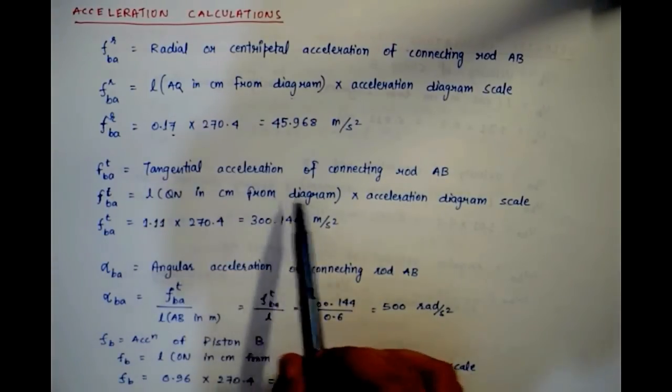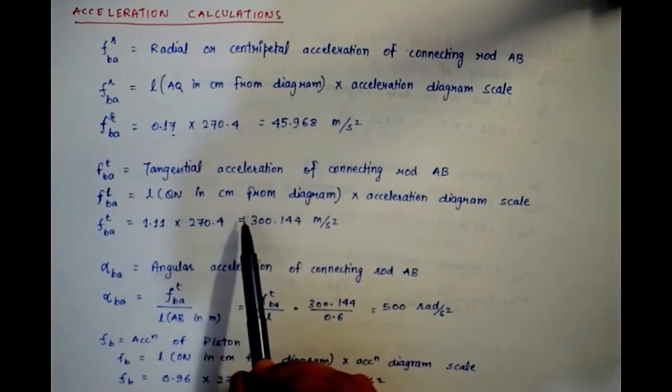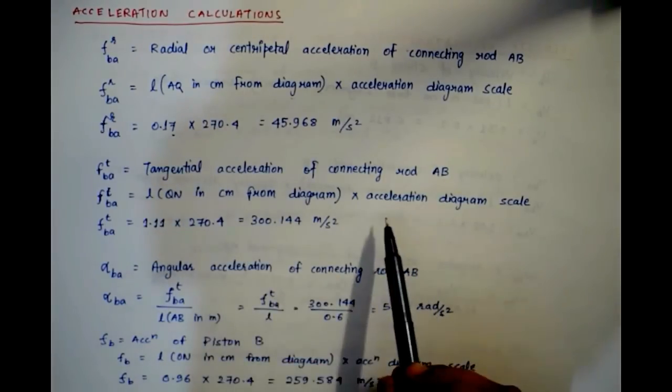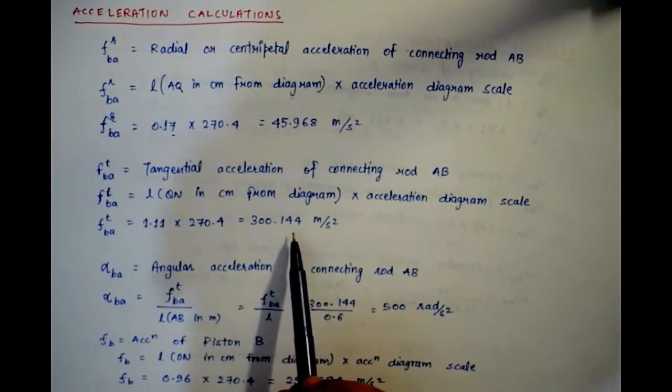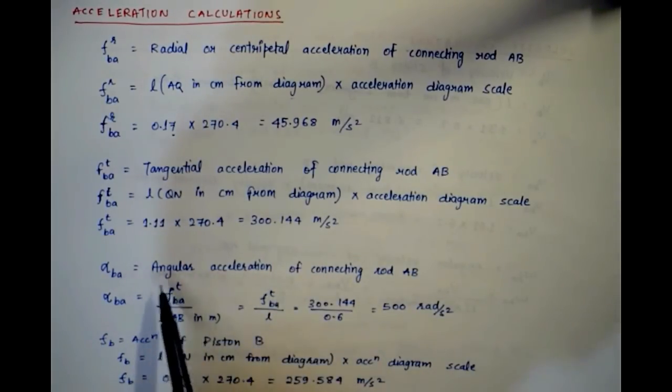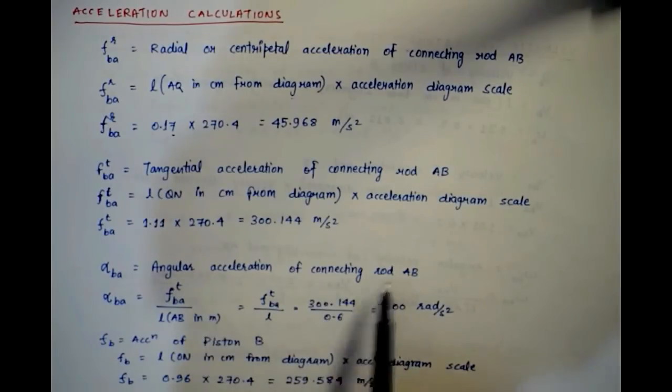Now the tangential acceleration of the connecting rod is given by QN in centimeter into the acceleration diagram scale. It comes out as 300.144 meter per second square. Now the angular acceleration of the connecting rod is given by tangential acceleration upon the length. It comes as 500 radian per second square. Now the acceleration of piston B is given as FB, ON in centimeter from the diagram into the acceleration diagram scale. It comes out to